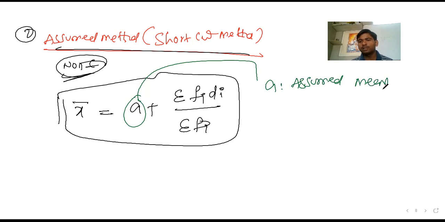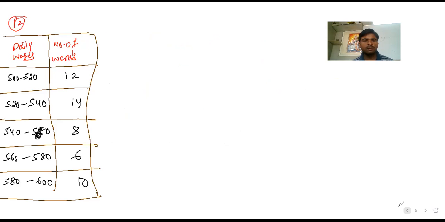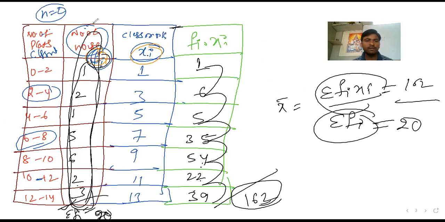Assumed mean. Don't take much tension, I'll explain with an example. You can easily understand. How to calculate fi, you know, because in the given question fi is available. Next, sigma fi you already know, the cumulative frequency can be added for the given data. If you want, I'll clear this. This is the previous problem, these are the frequency levels. Sigma fi you can easily calculate. Class mark you know.